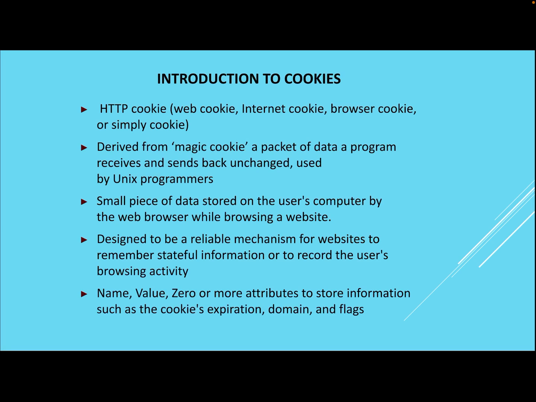So a cookie has a lot of information, like the attributes we say: the name of the cookie, the value of the cookie, and there are zero or more attributes connected with each cookie, like the date of expiry of the cookie, the domain, the flags, and other flags used along with these cookies, that also make a part of the cookie.